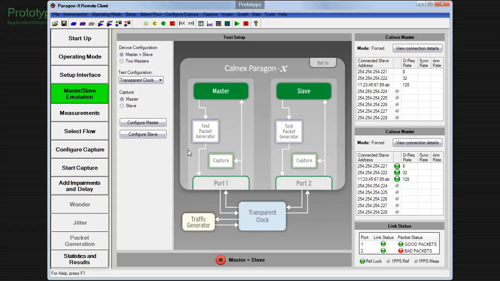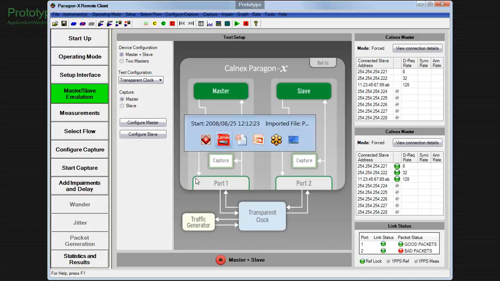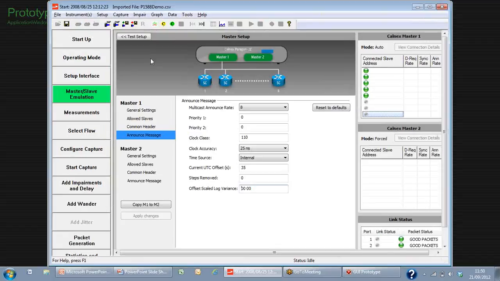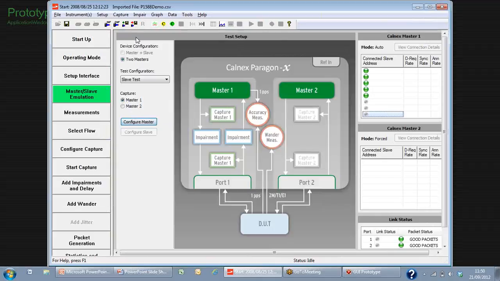As we are doing a slave test, we'd normally choose master and slave. I'll go back to the user interface here. So back into test setup. So normally we would do this in master and slave mode, but for demonstration purposes here, we will configure this into master mode, as the prototype tool cannot make real measurements, and the actual instrument GUI supports 2 master mode in the initial release. So the slave test procedure is to use master slave emulation to establish the 1588 session,